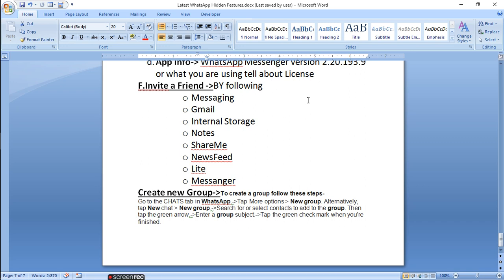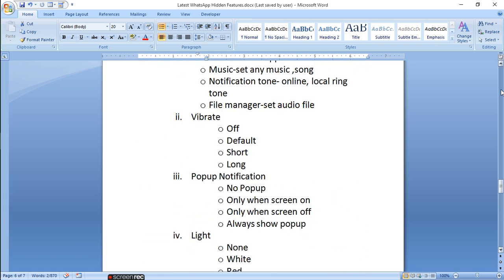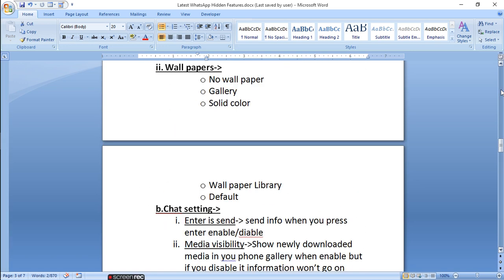When you tap the green check mark, the group is created. There you can make an admin, and you can add the people you want to add, and then the group will form for some purpose like teaching classes, or a club making a group, and many more things you can do in this group. So today's lecture is closed, and I have finished all the settings of WhatsApp, which is very helpful to you.